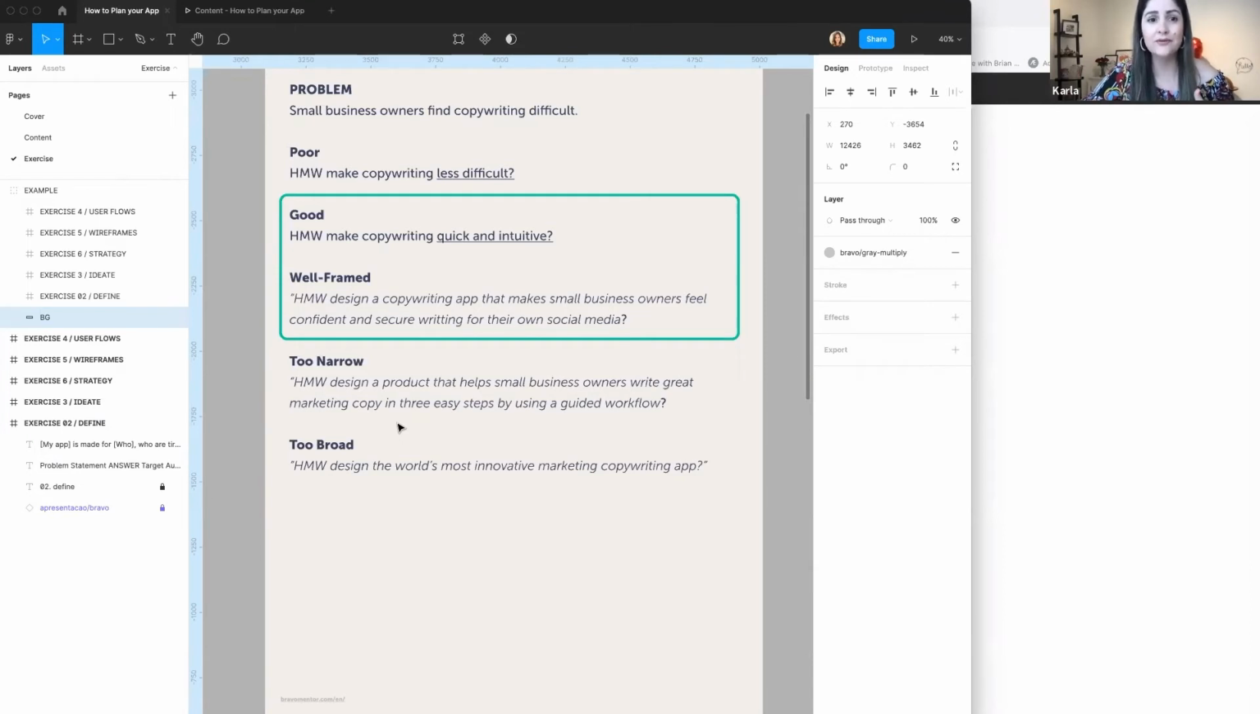For the too narrow, you have: how might we design a product that helps small business owners write great marketing copy in 3 easy steps by using a guided workflow. So you see here, the problem is that I'm already giving a solution. I'm already saying that you have 3 easy steps and also a guided workflow. The intention here is for you to not focus on the solution. It's really for you to think a little bit broader, but not too broad like the latest one,